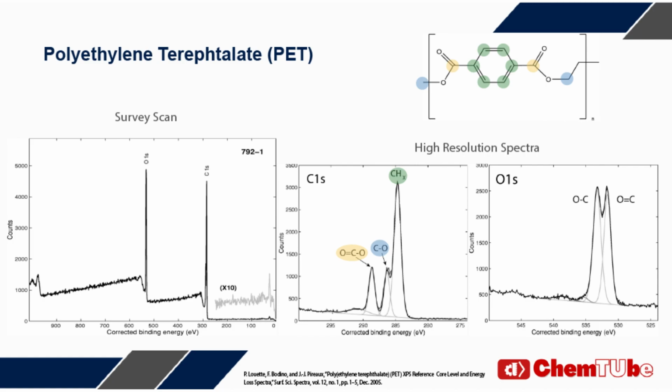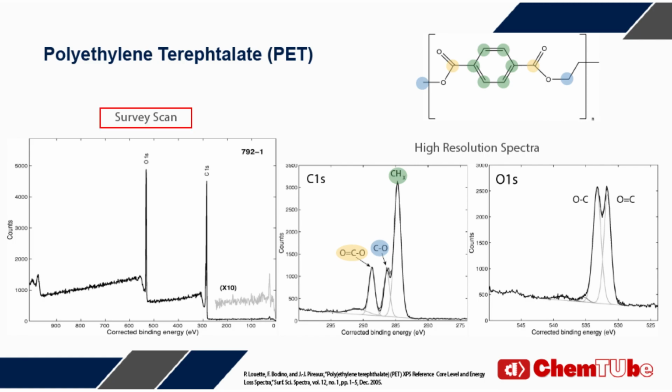The image here shows a survey-scanned and a high-resolution XPS spectra for polyethylene terephthalate, a material often used in plastic bottles. To analyze and interpret XPS data, an understanding of the position and intensity of the peaks is required. The position of the peaks along the x-axis in an XPS spectra indicates the elemental and chemical composition of the sample and is traditionally reported as the binding energy in electron volts. The y-axis of the spectra records the intensity of the surface material, in other words, how much of a particular element is present, typically displayed as the total number of photoelectron counts per second.